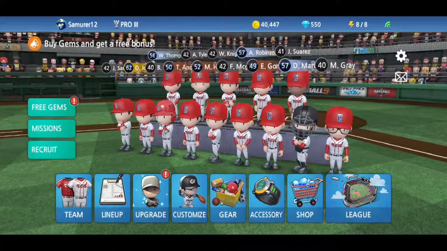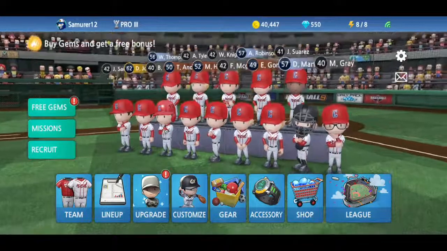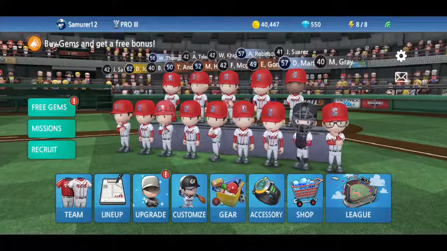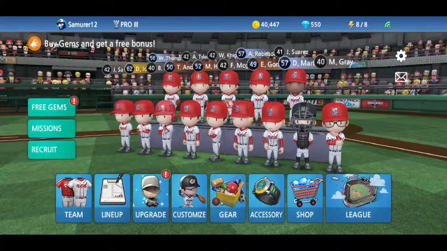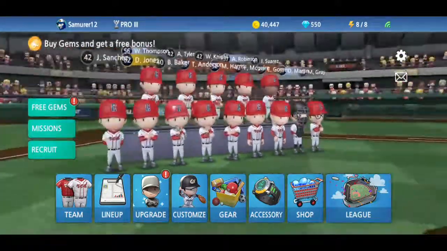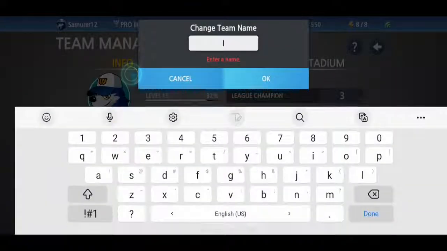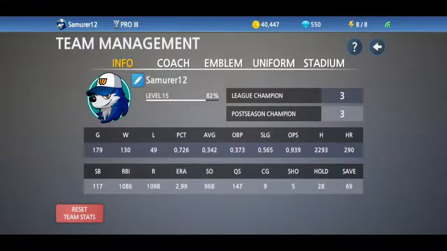So as we can see here in this main screen, there's a variety of options. There is your name and league, so we can also click here. You can always edit your name as well, and you don't need to pay for anything, unlike other games. As for the stats right here, as of now, some of the stats such as the PCT,